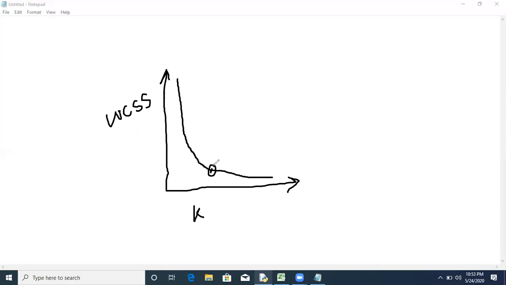We have to consider this point where the value of WCSS suddenly decreases and then remains constant. That point is nothing but the elbow point, and the corresponding value of K will be taken as the initial number of clusters.